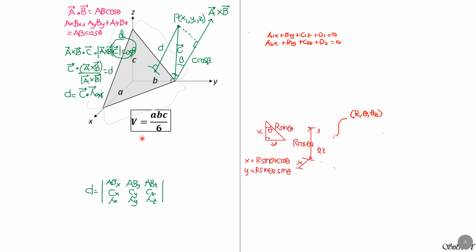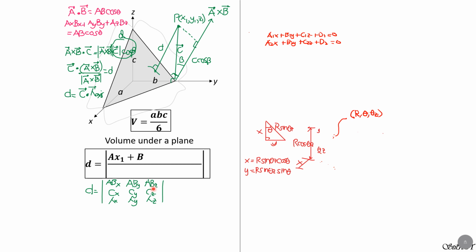For the distance from a point to a plane, it is given by the absolute value of ax1 plus by1 plus cz1 plus d over the square root of a square plus b square plus c square. So our guide would be the distance from a point to a line. It was the absolute value of ax1 plus by1 plus constant over the square root of a square plus b square. Now that it is a plane, it is extended because there is a z component.